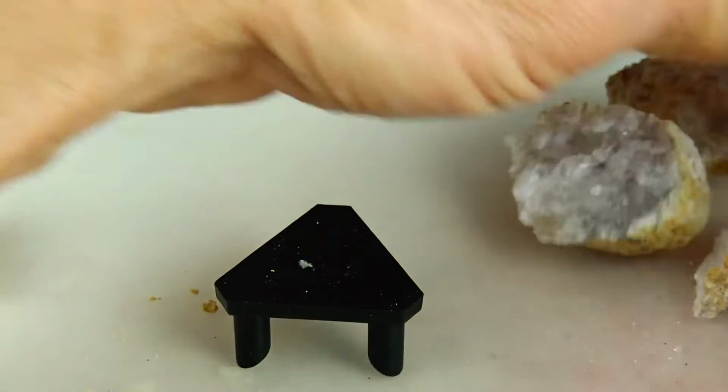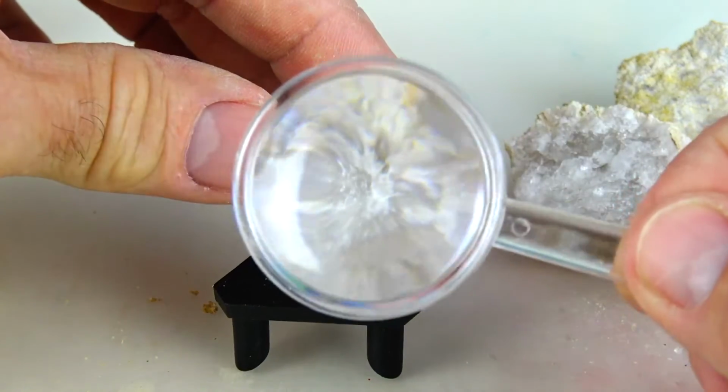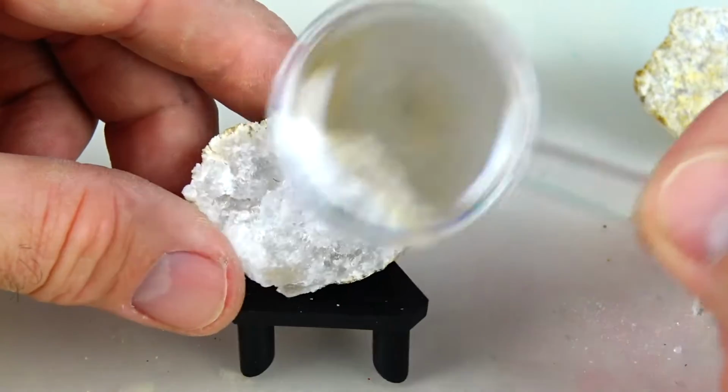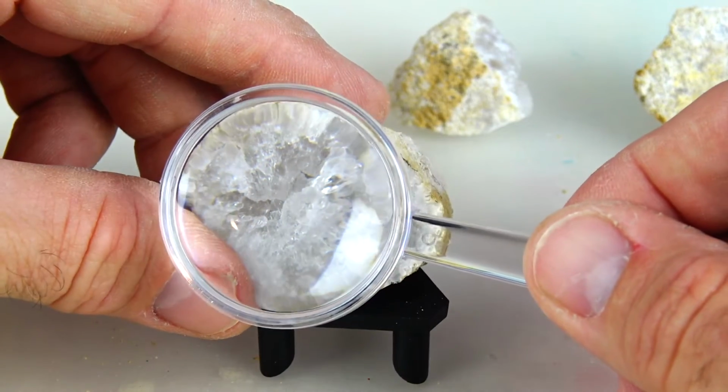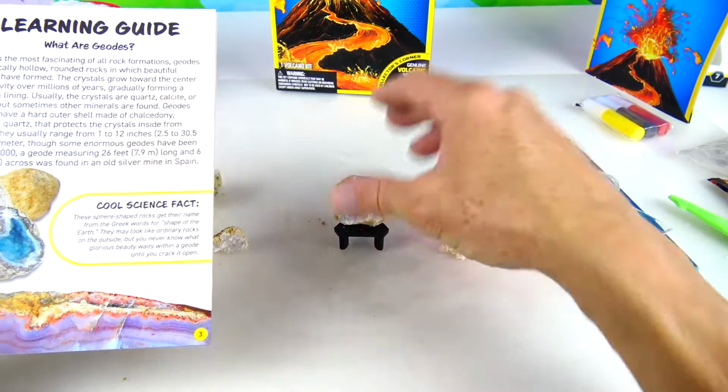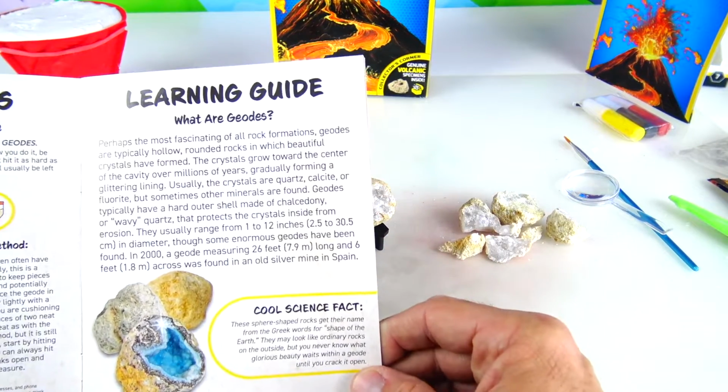And this big geode was just a big giant clump though. It wasn't hollow. I thought it was going to be hollow, but it is filled with, whoa, look at the shiny crystal in there. So as you can see inside our manual, right here the learning guide says,